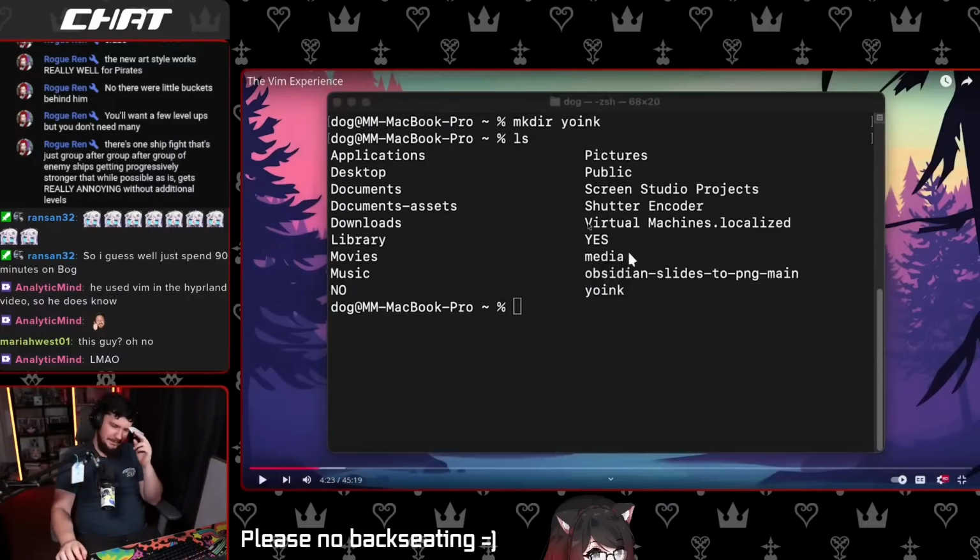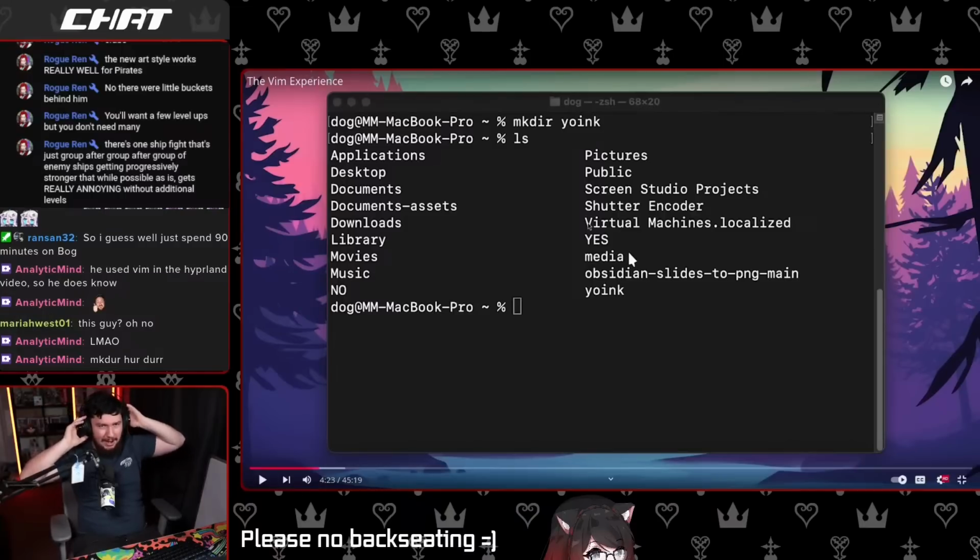God, it's so weird to me that people actually, obviously he's doing it because it's loading the terminal. But it's so weird to me that there are professionals that use ls and cd for everything instead of just using a terminal file manager. Obviously it's one thing if you're on a server and you can't install stuff, but on a home system, I don't understand why anyone wouldn't use the terminal file manager.